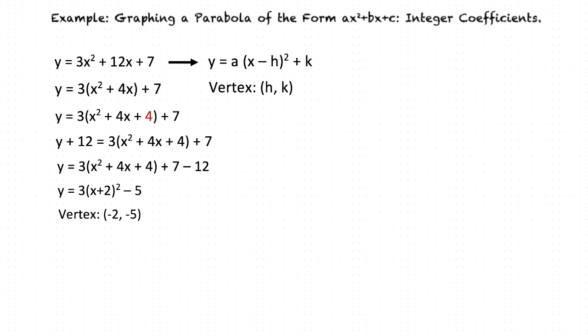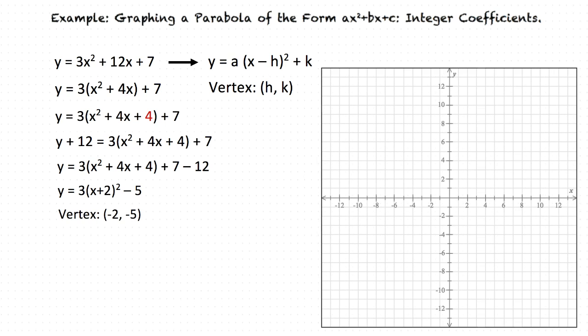With this information, we can now graph our parabola. We can pick two x values to the left of our vertex and two x values to the right of our vertex to plot. In this case, we will be using the x values negative 4, negative 3, negative 1, and 0. We can plug these x values into y equals 3 times x plus 2 squared minus 5 to